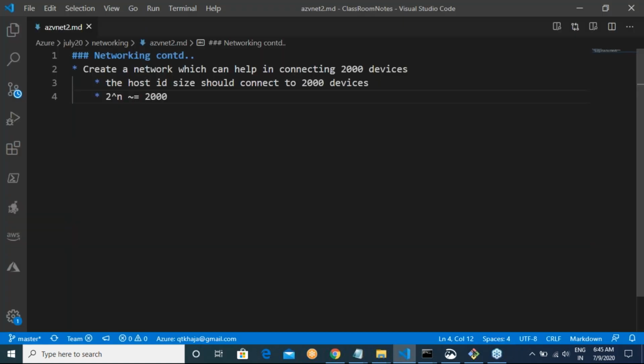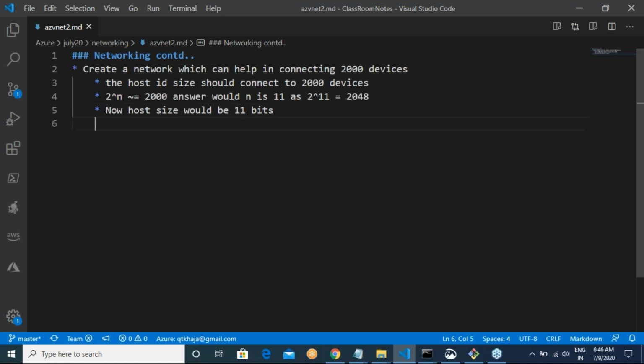So the answer would be n is 11, as 2 to the power of 11 will give us 2048 devices. Now the host size would be 11 bits.